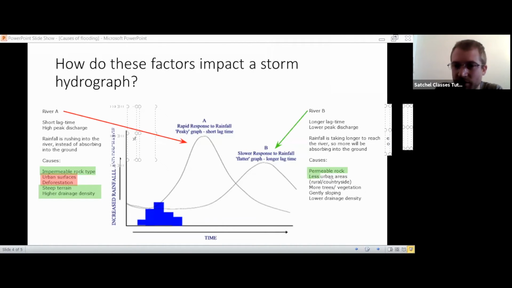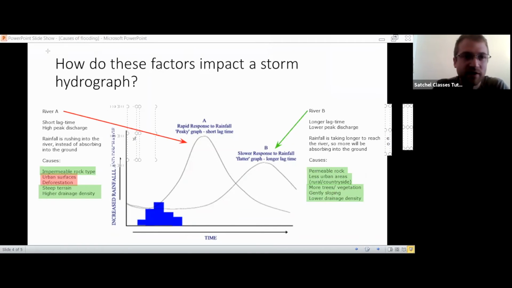Less urban areas, so this is basically being more natural, more in the countryside. That is what the natural surroundings should be like. Okay, more trees or vegetation, that's just being in the countryside. Gently sloping land and drainage density, these are all natural factors, so it tends to be that a longer lag time is pretty much going to be a more natural environment, but also one that has these kinds of